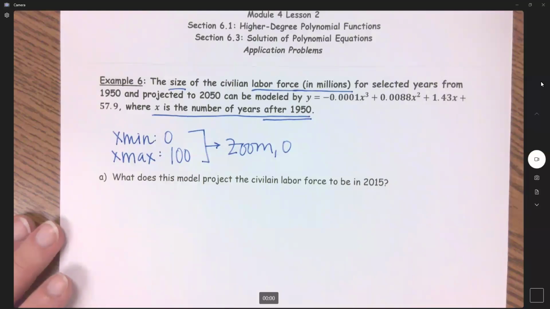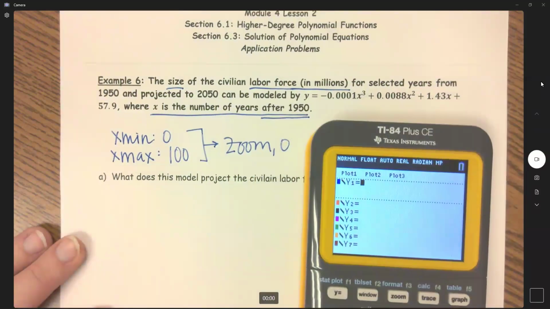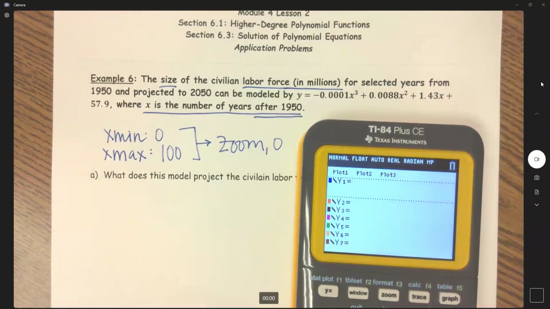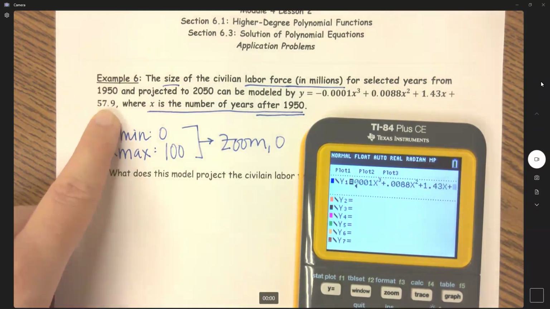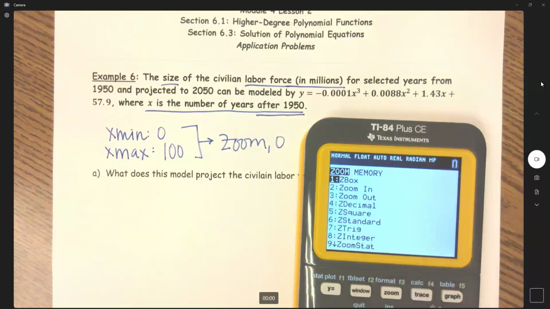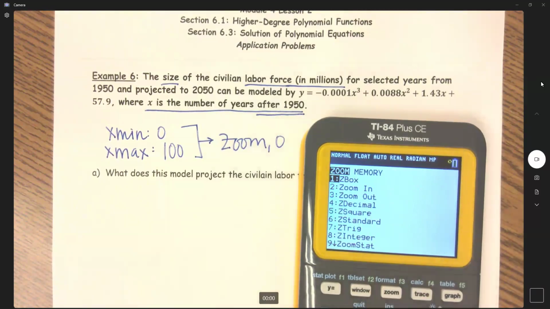Okay, so this is quite a little equation here. Type this in, make sure you have enough zeros. And then don't forget this over here. I hate splitting up equations, but it happened. Okay, and then I'll go zoom. Nope, I'll go window, 0 to 100, and then zoom 0. Here's what my graph